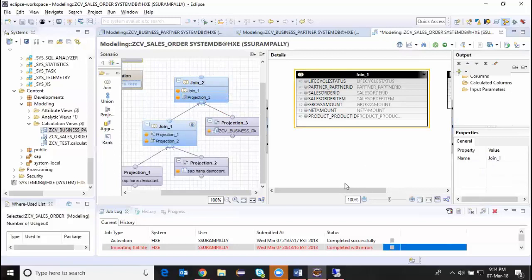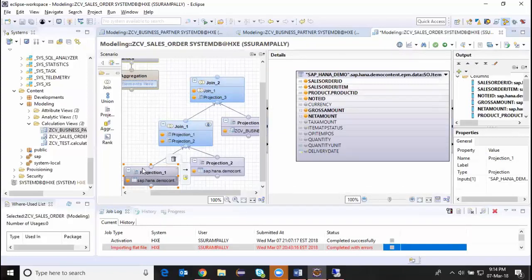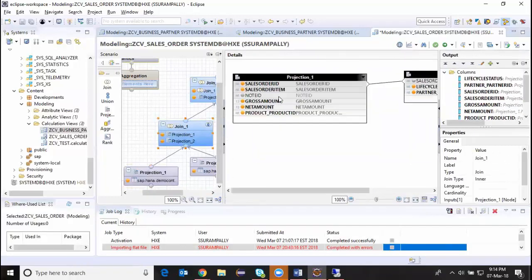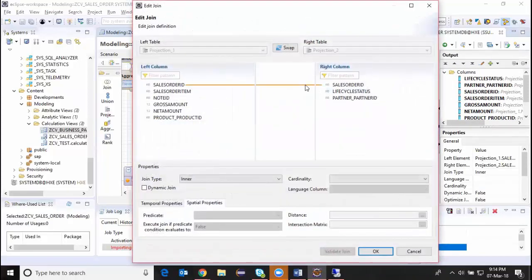So here in my two tables, whenever I join my fact table to another table, it's better to do the left outer join, because you may not find an entry all the time. So you are going to get something from your right table. Your left table is going to be your fact table, and the right table is what you are getting from there. When you make the left outer join, you will not lose any data from your left table,